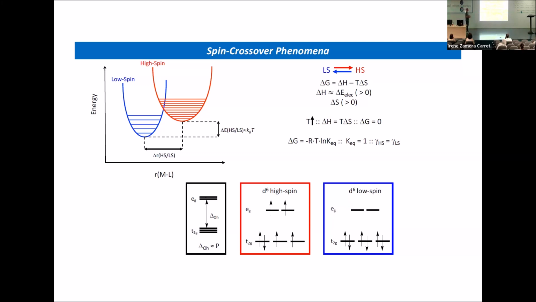You go from a diamagnetic molecule to a paramagnetic system. You have changes in the coordination environment because you are populating antibonding orbitals, which means that your bond lengths are going to be larger. There are changes in the absorption spectra because you change the spectral term. So there are many changes that you can measure associated with the change in the spin state, which is good because this switching behavior, the fact that you can use these molecules as molecular switches, can be harnessed to build